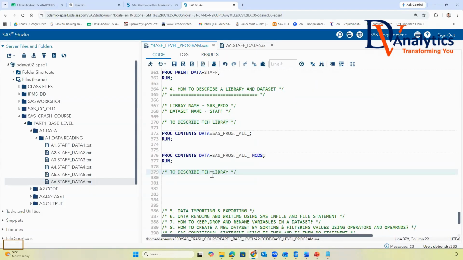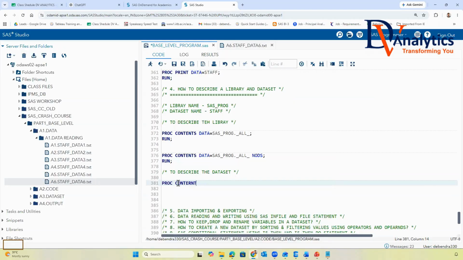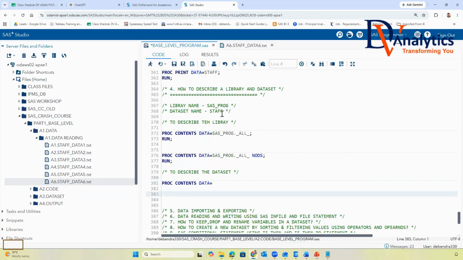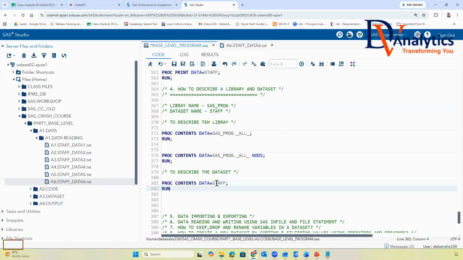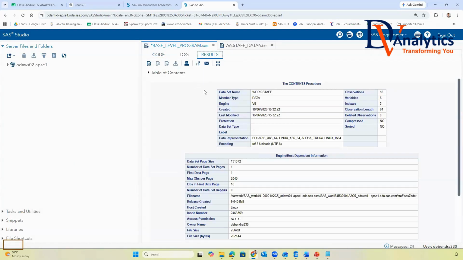Now, to describe the dataset, you write proc contents data=staff; and you will say run. When you run this program, what is happening?